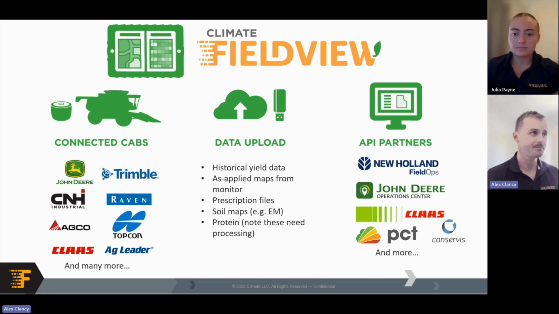The other one which we're continuously working on and have had some updates in the last few months is our API partnership. So this is another way of getting data into FieldView, but equally out of FieldView. So working with our main OEMs in John Deere and Claas, we've got that bilateral or two-way API with them, allowing data to come in from Ops Center and Claas Connect and equally push back out into those platforms as well, but also with our